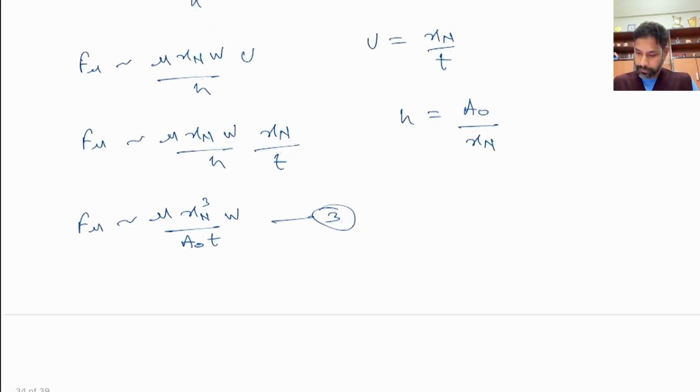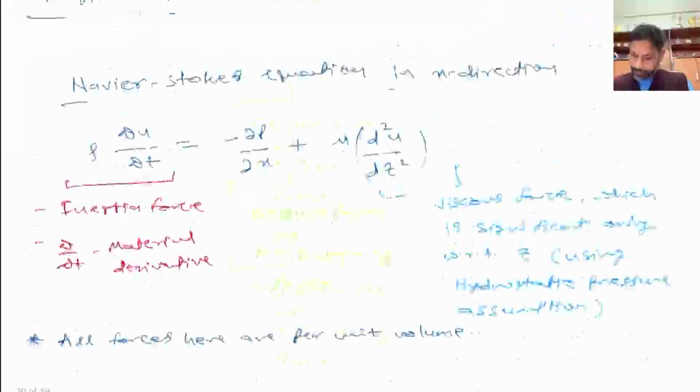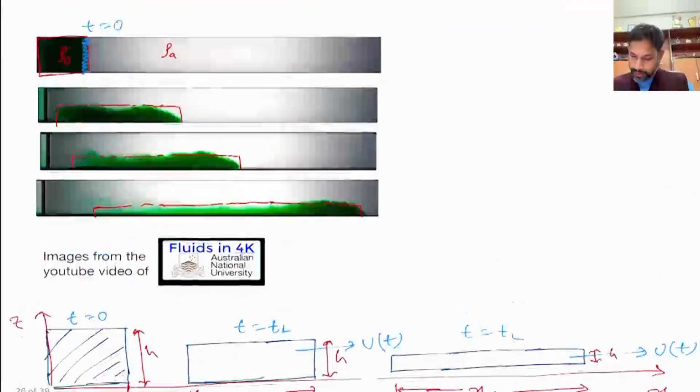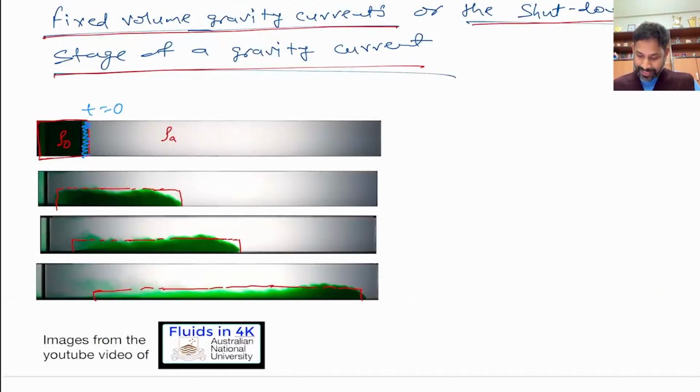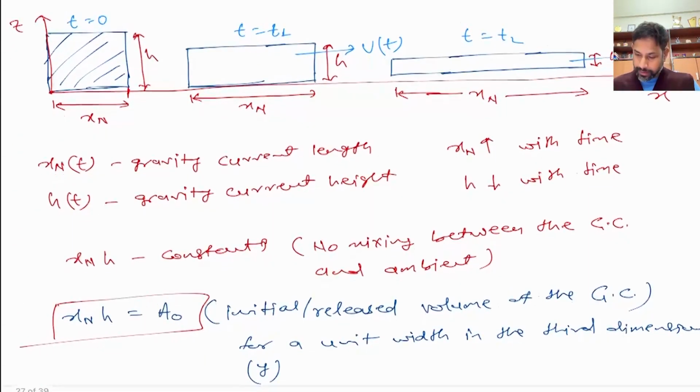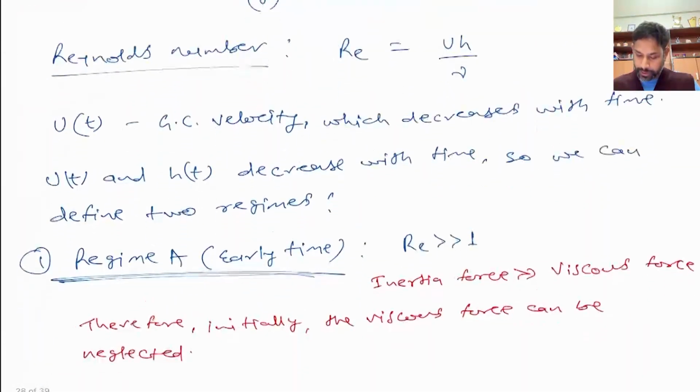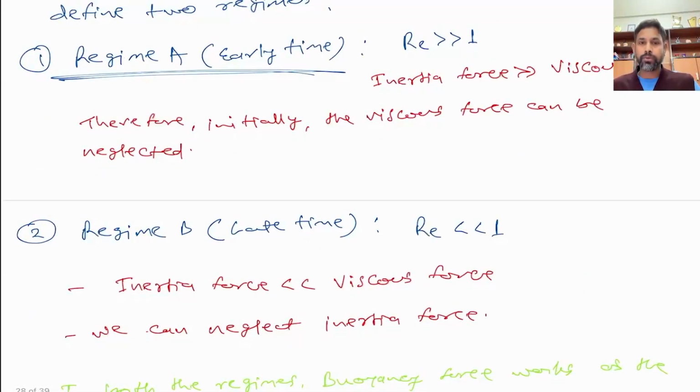So continuing from the last lecture, we are deriving solutions for fixed volume gravity current. We are considering that a fixed volume of gravity current is released and it is expanding horizontally and shrinking vertically, right? And here we have defined two regimes, regime 1 and regime 2, where early regime is when